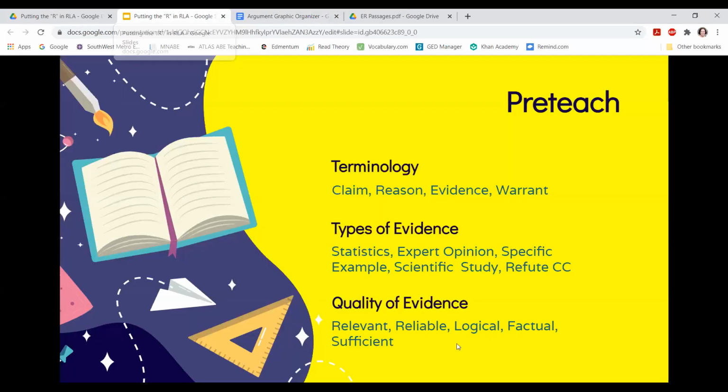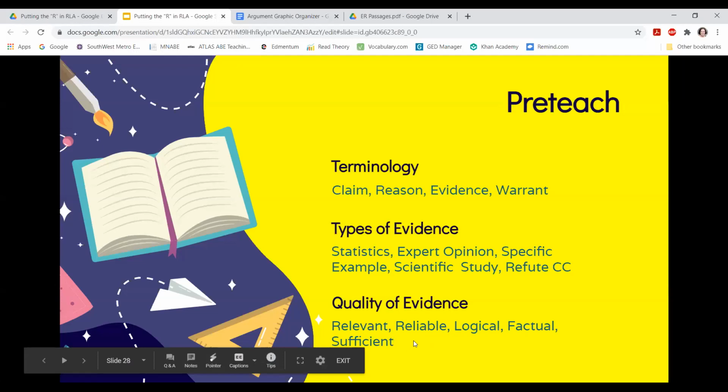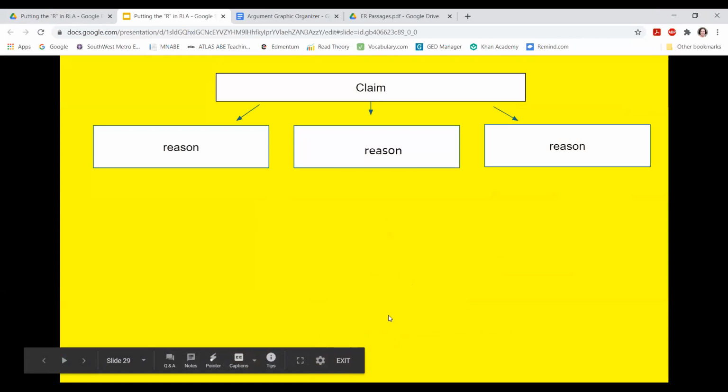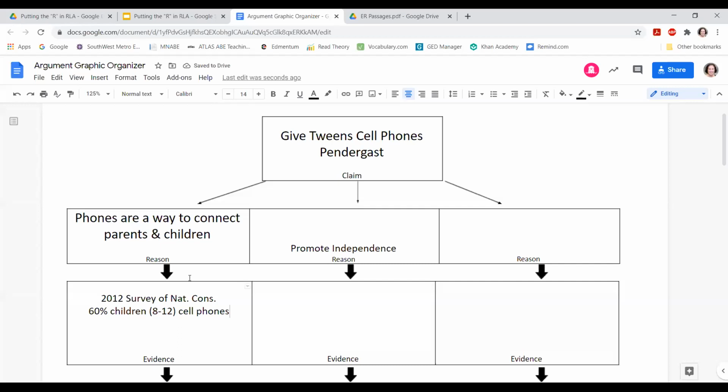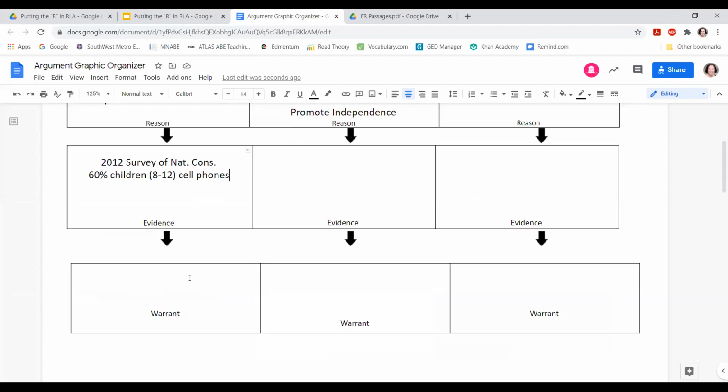Is it reliable? Is it logical? Is it factual? Is it sufficient? Again, these are really complicated concepts to think about. So again, my students have already been exposed to these ideas in previous lessons. Okay. And what most of them say is we think this is fairly strong because we see there is a